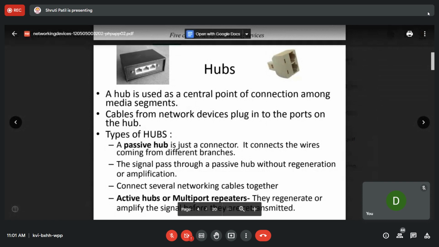Ma'am, its advantage is that if it receives data at any of its ports, it transfers data to all the ports. Okay, but this is not an advantage, no?